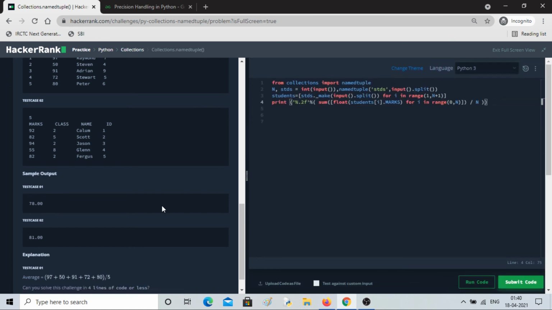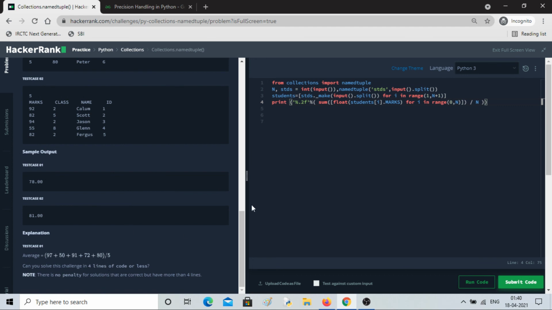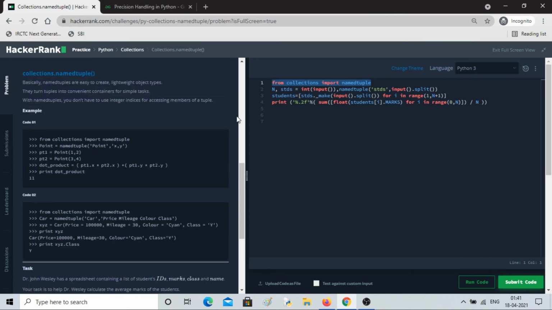So this was a nice easy example, but they gave a challenge of writing it in 4 lines. That was good. So here you applied list comprehension. We have done in one of the assignments, one of the initial challenges, list comprehension. So they made use of list comprehension here. I have used it 2 times actually, and here we have taken the input in a single line and defined the library. So that is very clean and concise code rather than what I wrote in the beginning. So yeah, this was it.